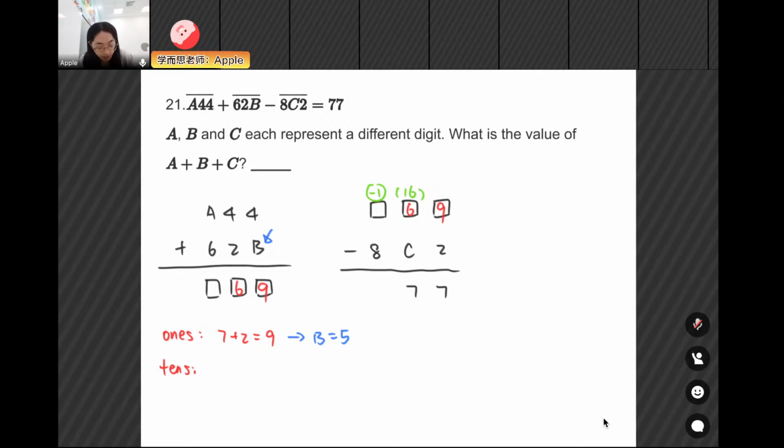Then what can you get? Okay, let me write down. Yeah, 16 minus c equals 7. So what can we get? c equals? Yes, c equals 9. Okay. Then following this, what about the hundreds place? For the hundreds place,